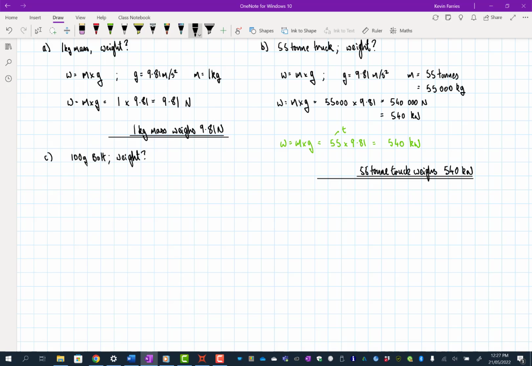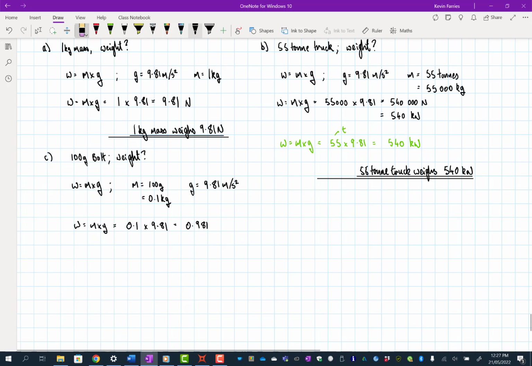So first things first, write down the formula. W equals M times G, mass times gravity, and mass is in kilograms. So let's write down what we know. The mass is equal to 100 grams. Thinking ahead, we're going to need kilograms, so 0.1 kilograms. Acceleration due to gravity is 9.81 meters per second squared on Earth. So therefore, W equals M times G, which is equal to, need kilograms, 0.1 times 9.81, which is equal to 0.981